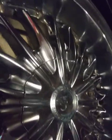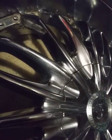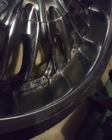Now don't use this on any other kind of rim. I just know that this works on chrome. If you got some kind of coated polished aluminum or something, I don't know if I'd try it. I probably wouldn't. I don't want to be blamed for screwing people's rims up, but